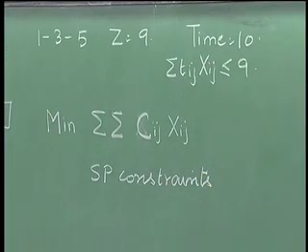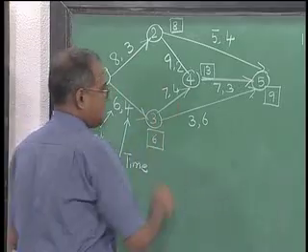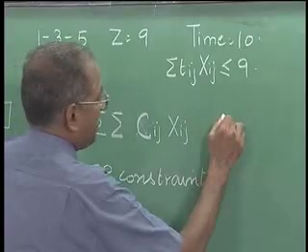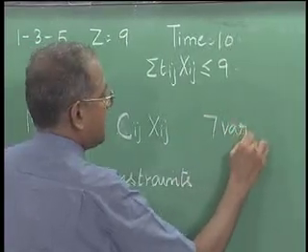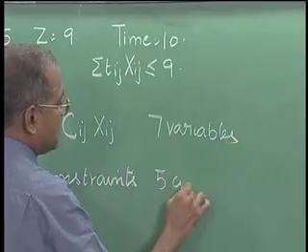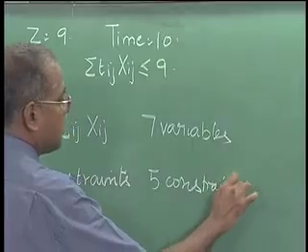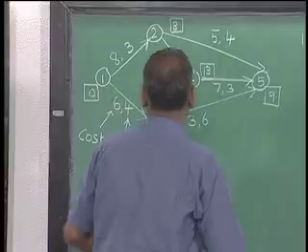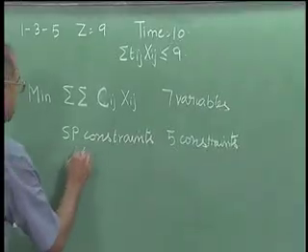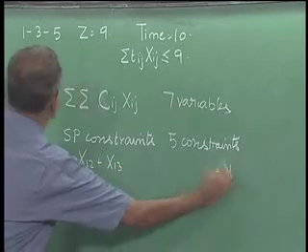Remember that we will have 5 constraints corresponding to these 5 nodes and 7 variables. So there are 7 variables and 5 constraints, and these 5 constraints will be x12 plus x13 equal to 1,